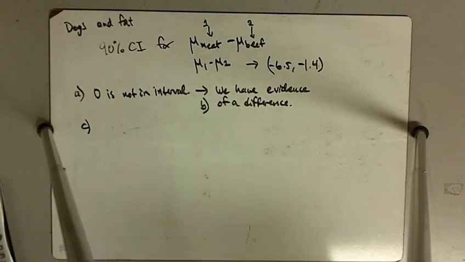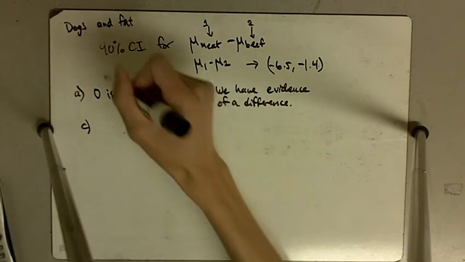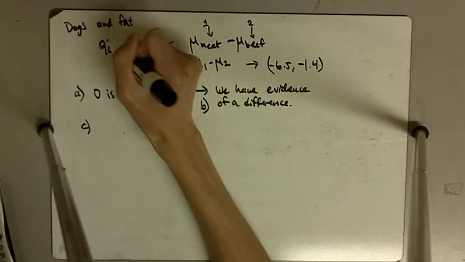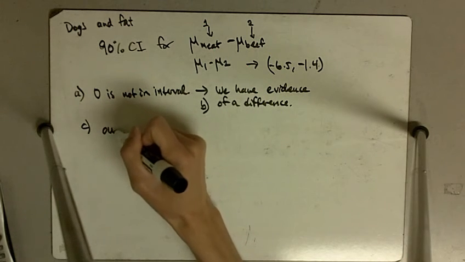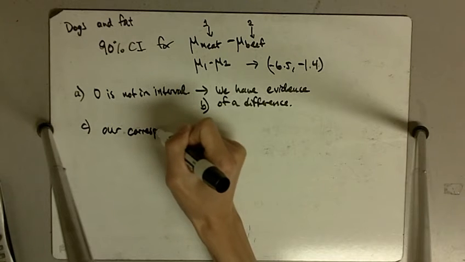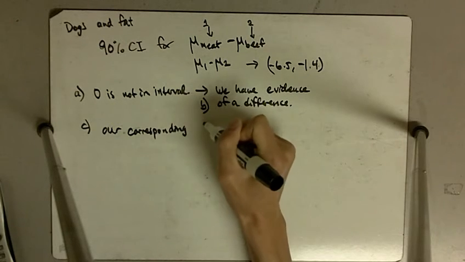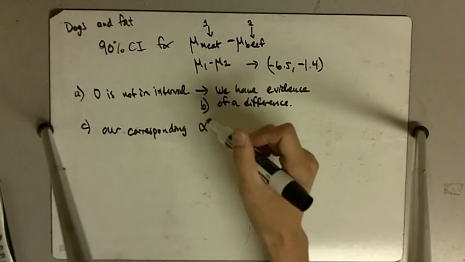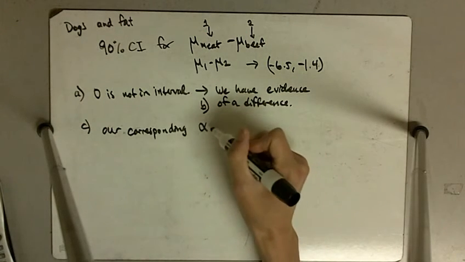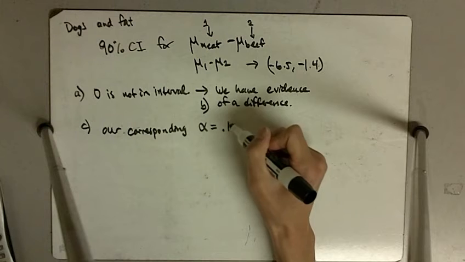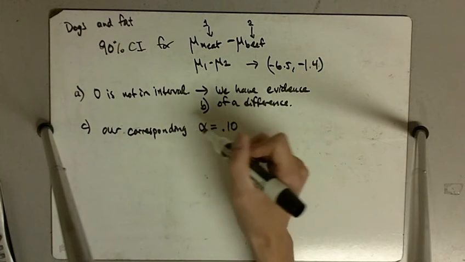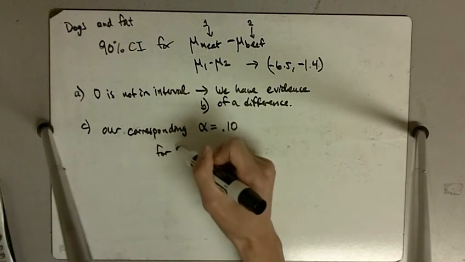That's part B. And part C says, if we use this confidence interval to test the hypothesis that the mean of meat minus the mean of beef is equal to 0, what's the corresponding alpha level? So we've got a 90% confidence interval, so our corresponding alpha, because we want to find what adds up with 90% to 100, would be 10%. Okay, corresponding alpha is 10% for the hypothesis test,